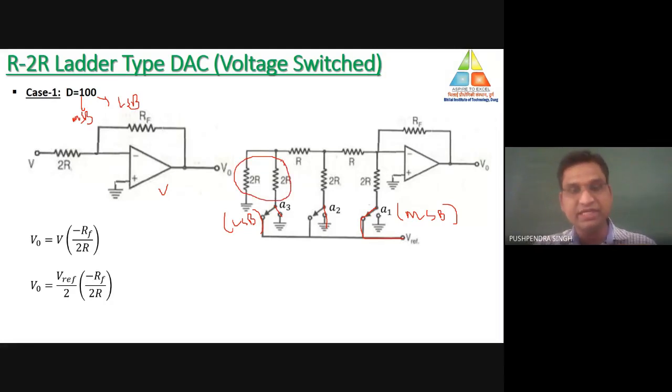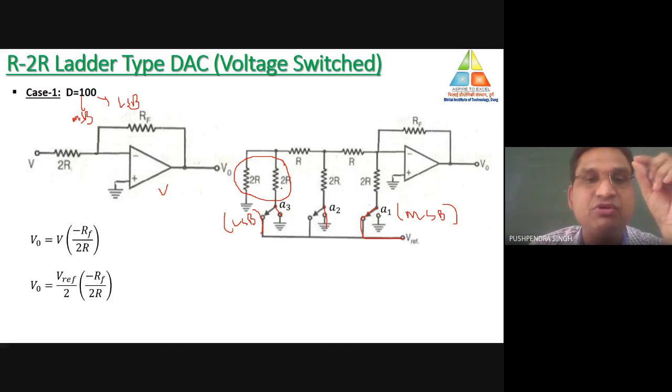Use the same procedure. Be concentrated here. This is a very important topic related to your GATE examination or any kind of competitive exam. For your final examinations also, the R-2R ladder network is very much important. Now we are going to discuss the basic procedure for the calculation of the output. In the same way, you need to calculate the value of output. In case of R-2R, in each and every condition, the very last resistance value will be equal to 2R. So you will get two resistances of the same value 2R at the output terminal. This is the very first condition for the design of an R-2R ladder type DAC.